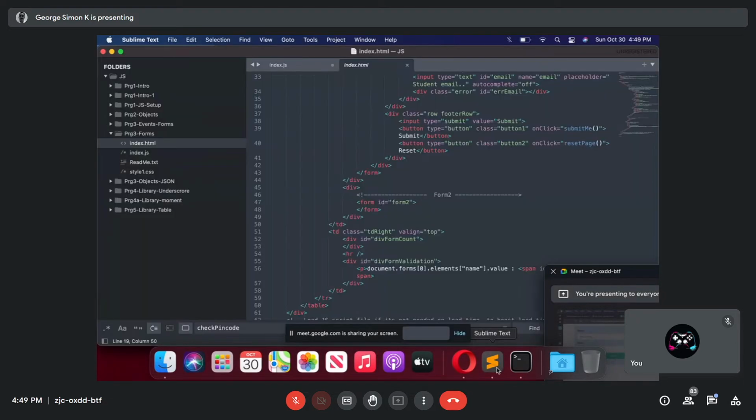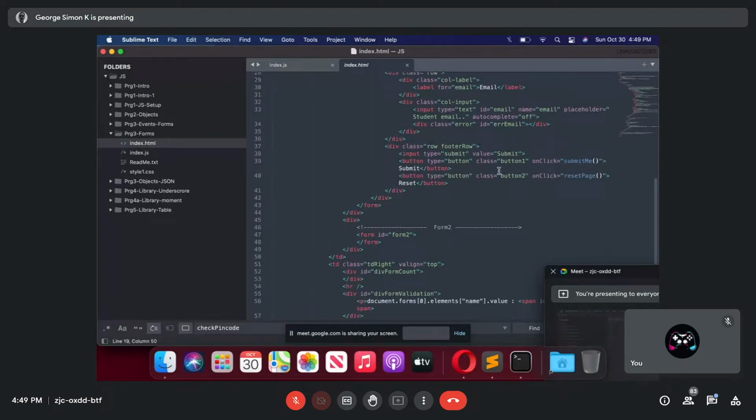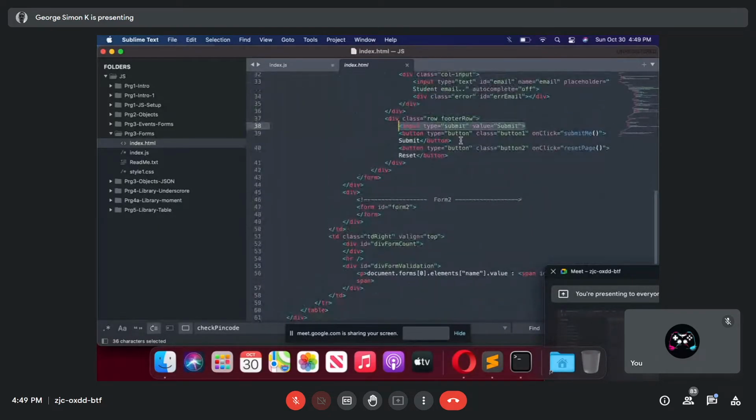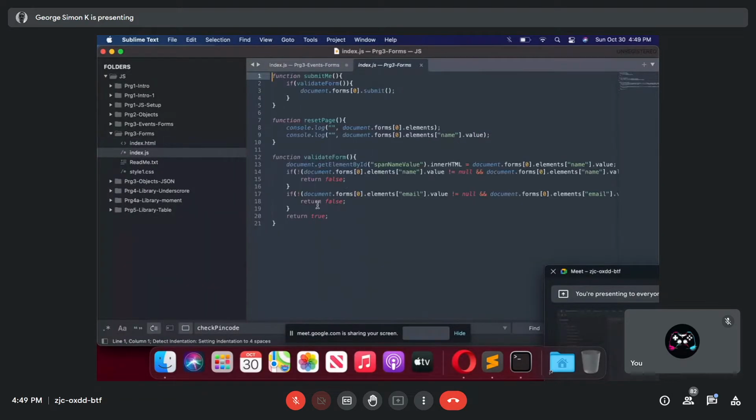The first submit, the big one, is basically the input type submit, where you don't want to write onclick and all. If it is inside a form, what will happen is the form will get submitted. Second submit is just an HTML button. It is not a submit button, it's an HTML button, but I made it into submit. I'm calling a method called submit and validate. If name and email is found, then only the data needs to be transferred to the server.